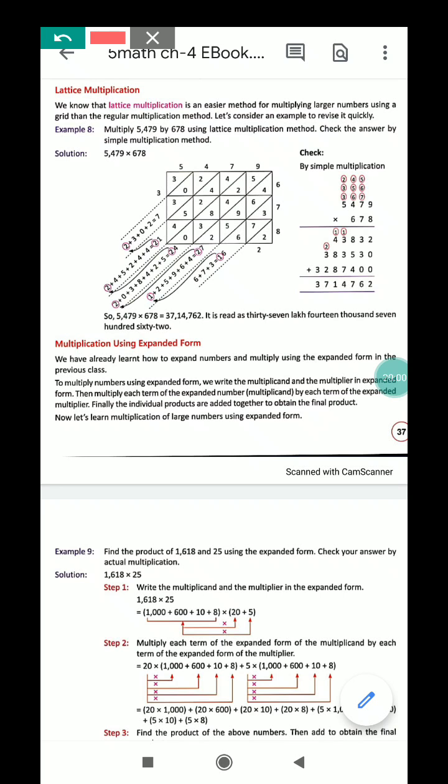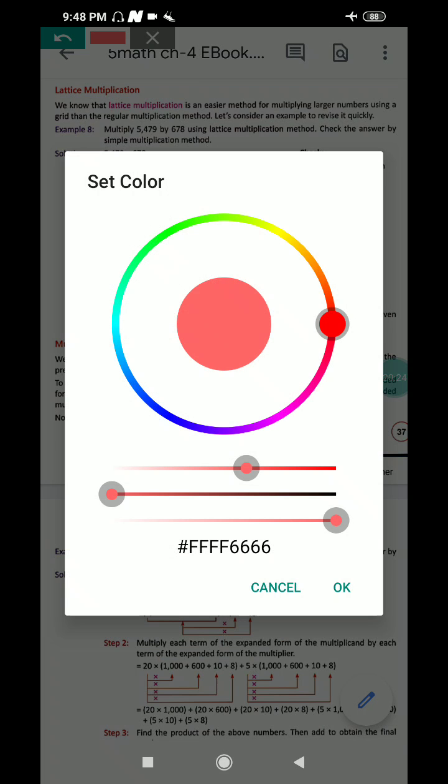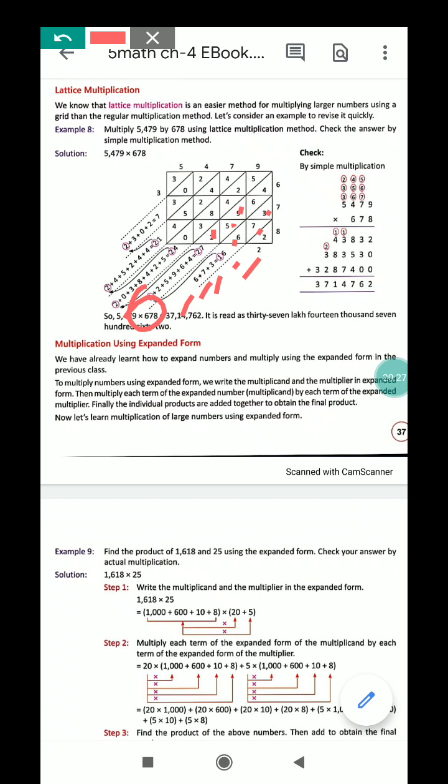Now what will we do? Simply, we have done the multiplication. Now we will simply write 2 over here because only one box is here, and here 6 plus 7 plus 3 equals 16. So 1 we will carry over here. So 1 plus 2 plus 5 plus 9 plus 6 plus 4. So what would be the required number? 1 plus 2 plus 5 plus 9 plus 6 plus 4 equals 27. 7 we will keep over here and 2 we will carry over here.